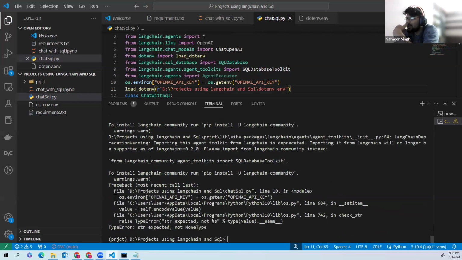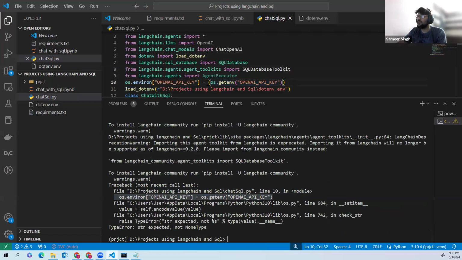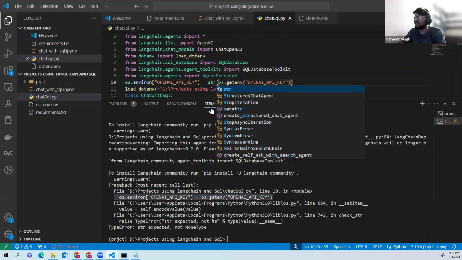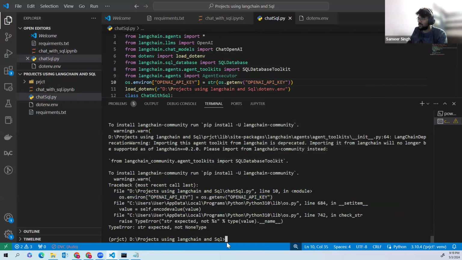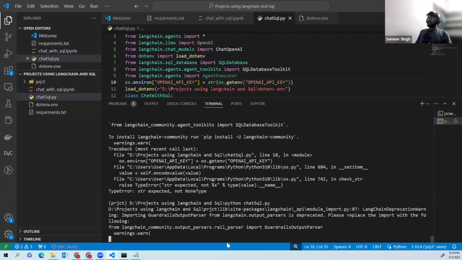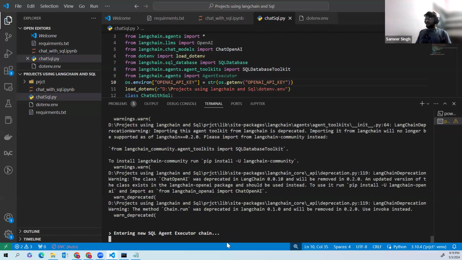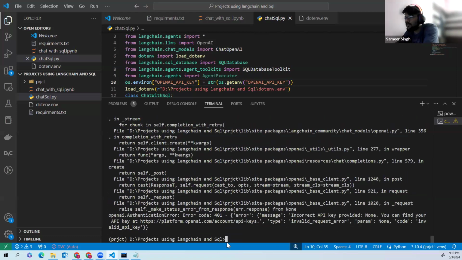Okay, here is the issue. So I will convert it into the string. Let's see if it is fine or not. Okay, fine. It is executing.